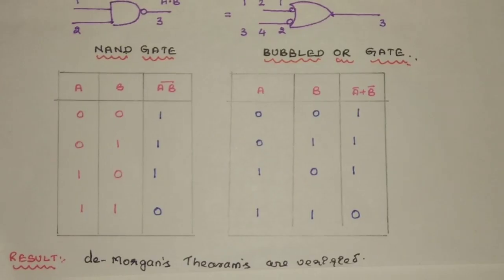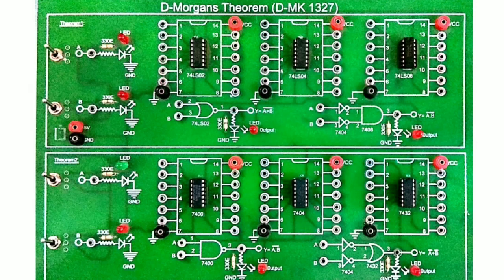As this consists of two inputs, the outputs are 4 in number again. So here, when both are at low state, output is high. When any one is at low state also, output is at high state. When both are at high state, output is 0. In other words, when any one or both are at low state, output is high. So this is the truth table for the left hand side as well as for the right hand side.